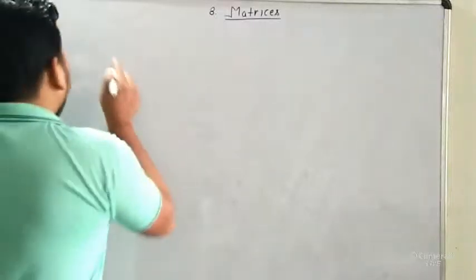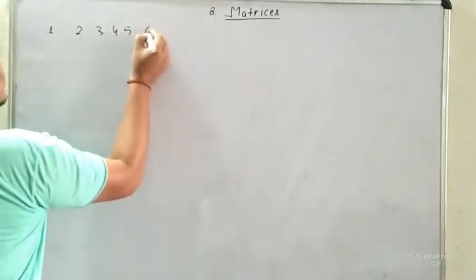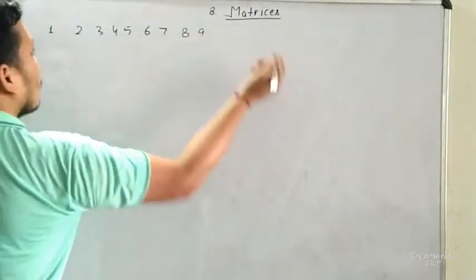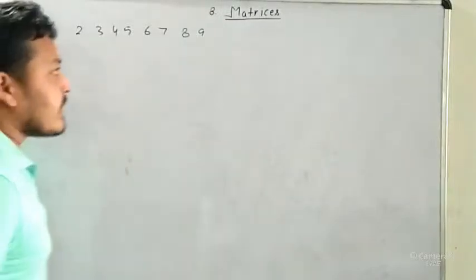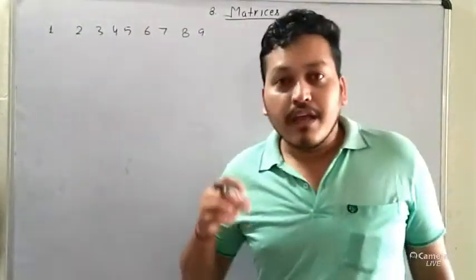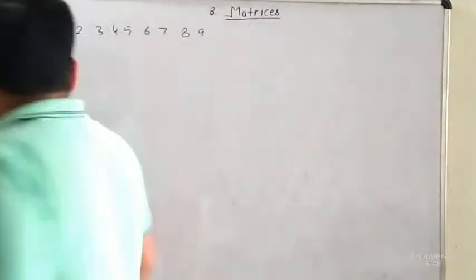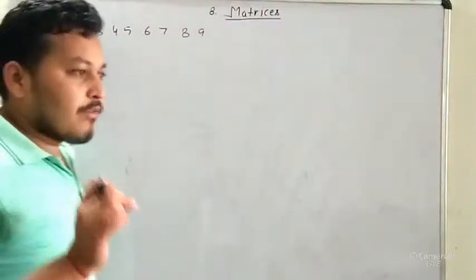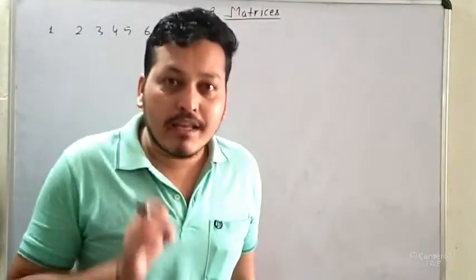अगर आप बात करें, if you have given numbers 1 2 3 4 5 6 7 8 9, these numbers are given here. So the arrangement of the given numbers in the form of a rectangle. Okay, when we arrange given numbers in the form of a rectangle, the rectangular arrangement of any numbers is